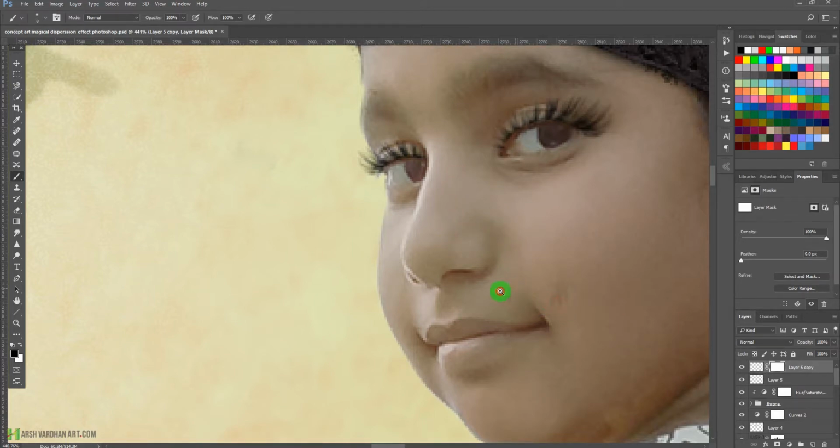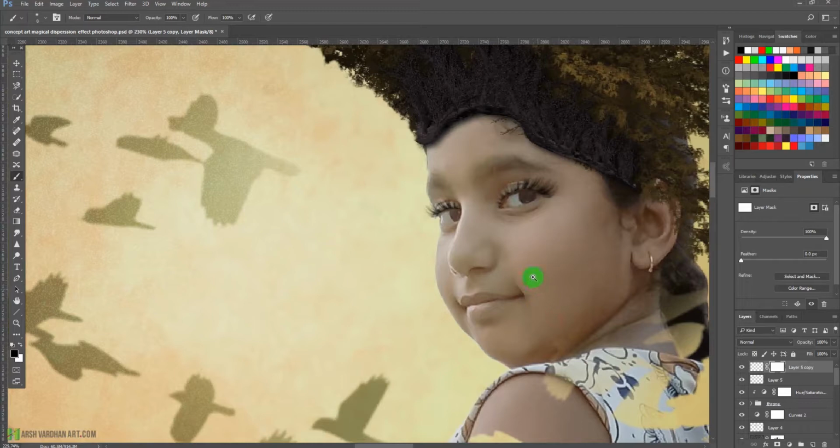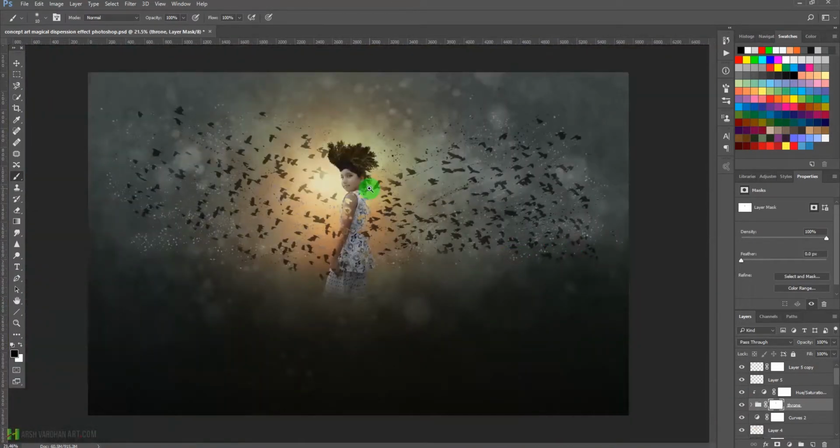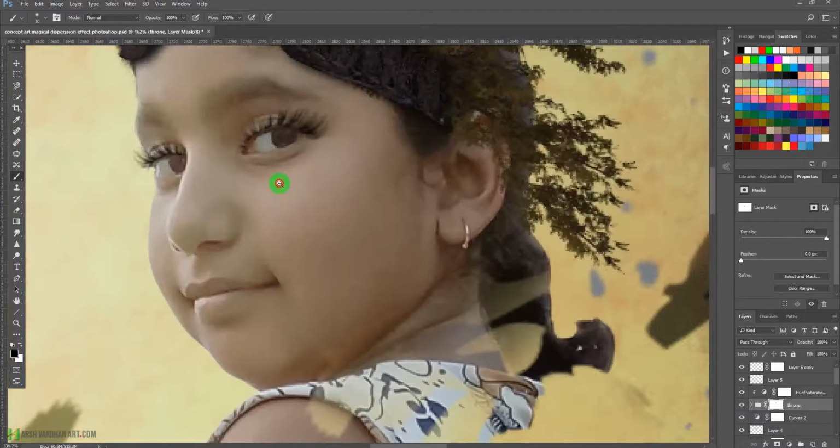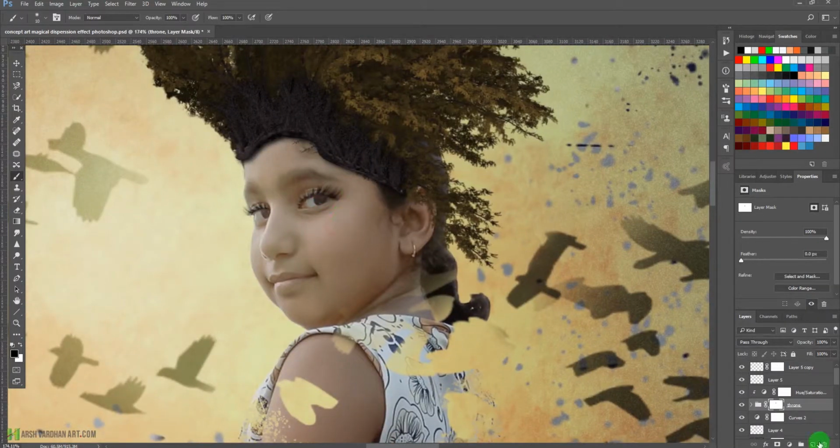Okay, I don't know how come this has come. I think this is from the tree. Yes, this is from the tree. So I'll create one layer mask, and with the black color I'm going to paint it over here, and let's see the result. Yes, this one is looking much better, but this has some dark color, dark red, so I'm going to call it